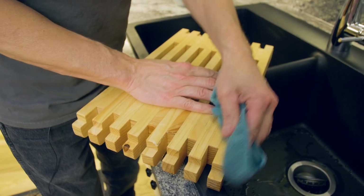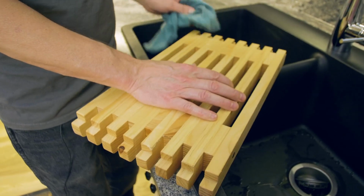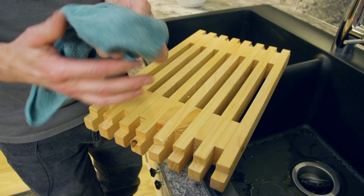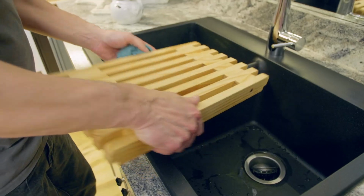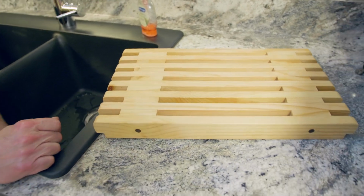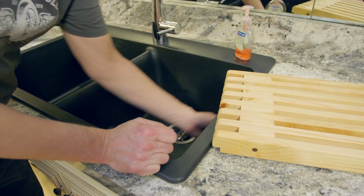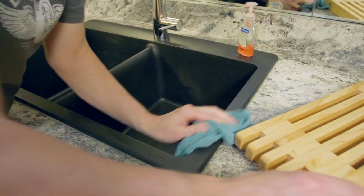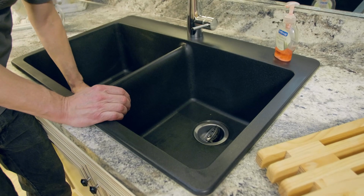Again, I have a stone sink here, and the coconut oil that we rubbed in the sink has kept that sink looking good for the 2 to 3 weeks. All right, so that's another coating on this. Again, if you do that on a regular basis, it's going to get more and more polished and beautiful as the time goes on. So now I'm just taking what dripped into the sink and using it to polish the